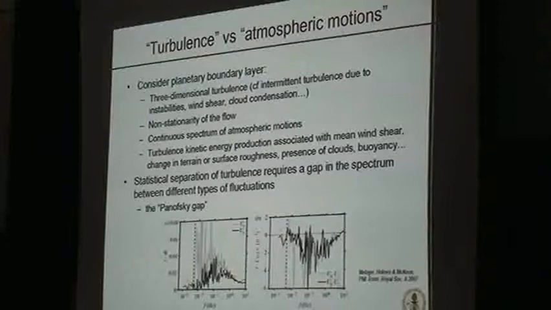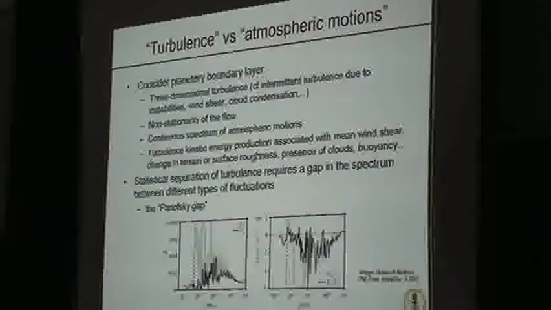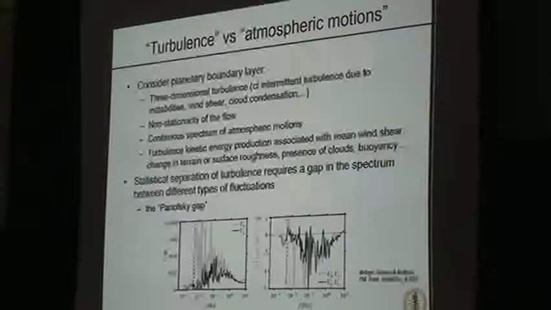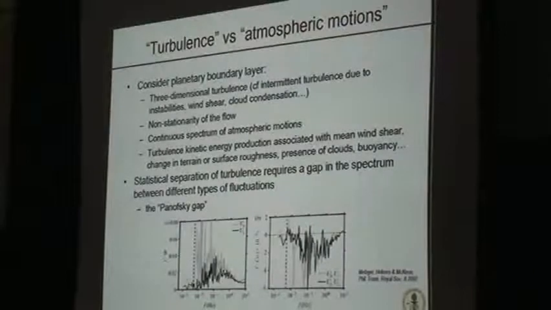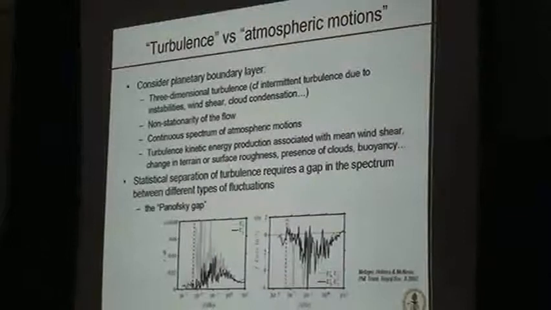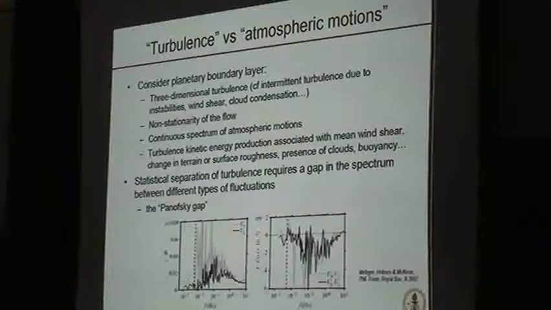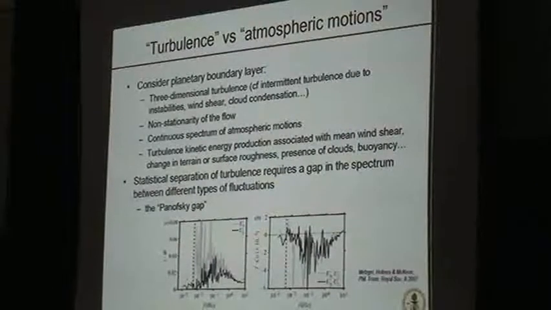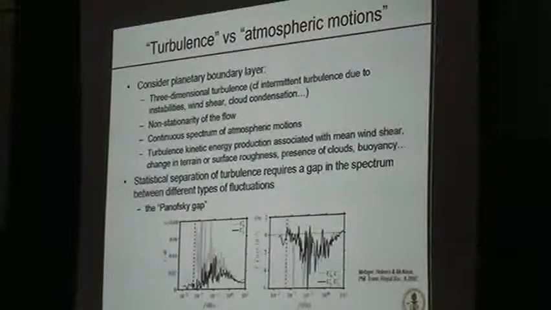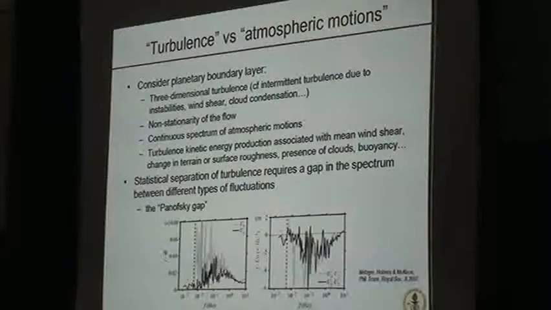And we really want to identify the TKE production associated with the mean wind shear and separate out things associated with mountain terrain, such as roughness, clouds, buoyancy, anything that's not just the mean wind shear. So statistical separation of the turbulence from everything else really requires a gap in the spectrum. Otherwise, if you have a continuous spectrum, you're really making a subjective judgment about what is the turbulence and what is the stuff that you're